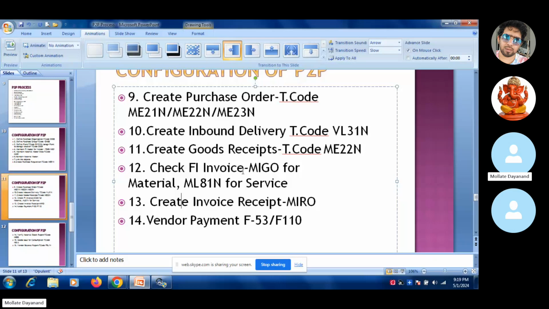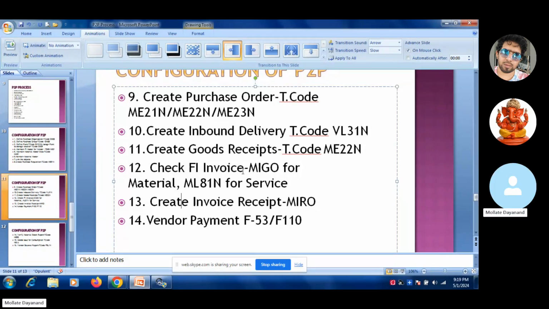Now, once we receive the goods and we verify all goods have been received as per the PO, and all quantity and rates and all tax and the category are matched as per our requirement, as per our document, we can post the entry MIRO. After posting the entry, we start payment as per the due date. So for the manual clearance, we use F-53, and for automatic clearance, F110. Up to this, we know that next step is